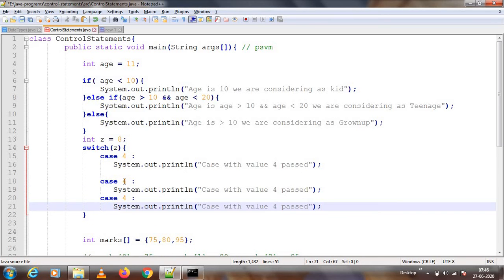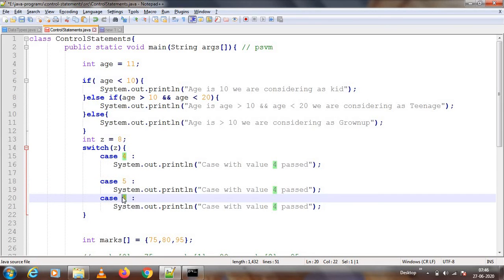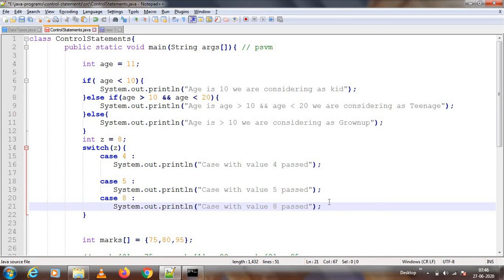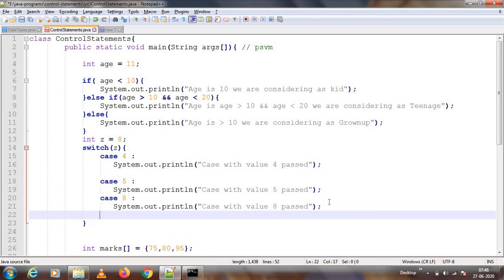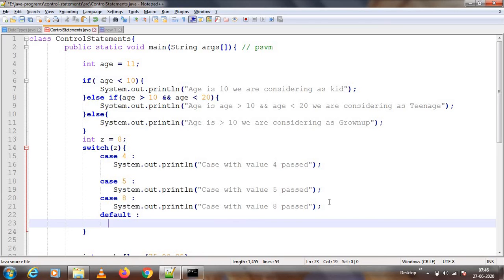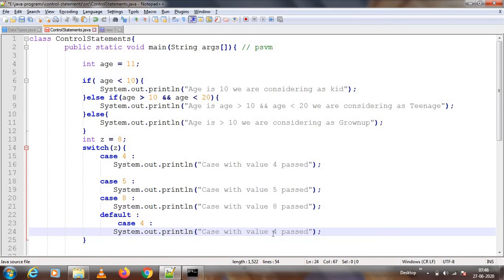So I will change the cases to 5 and 8. If no case is matching, I can have a default also. Default. So this is the case syntax.